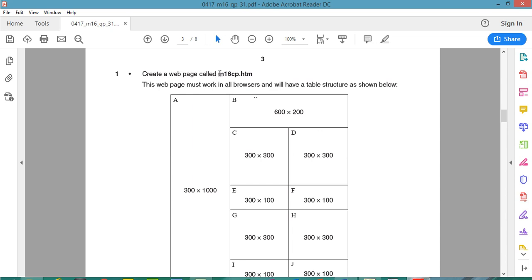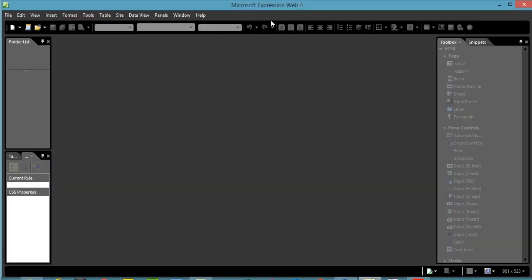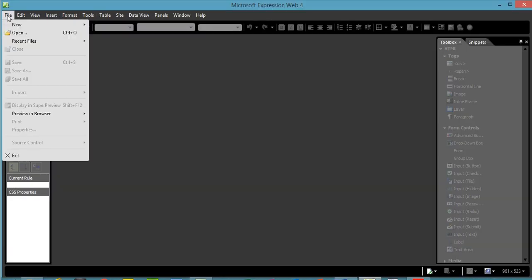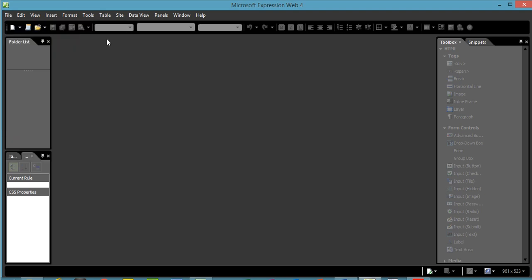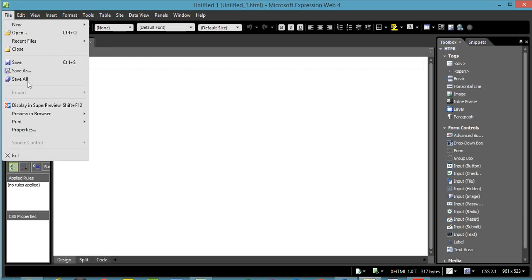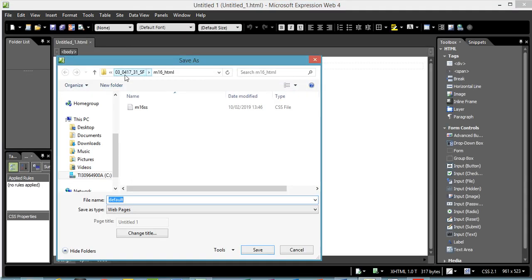What we need to do is create a new web page called M16CP. So let's open up Microsoft Expression Web 4. To create a new web page, you go to File, New HTML, and let's save this page. So if you go to Save As,